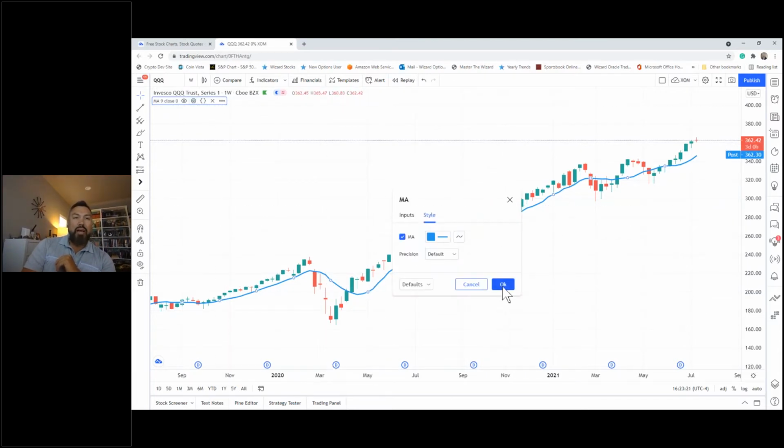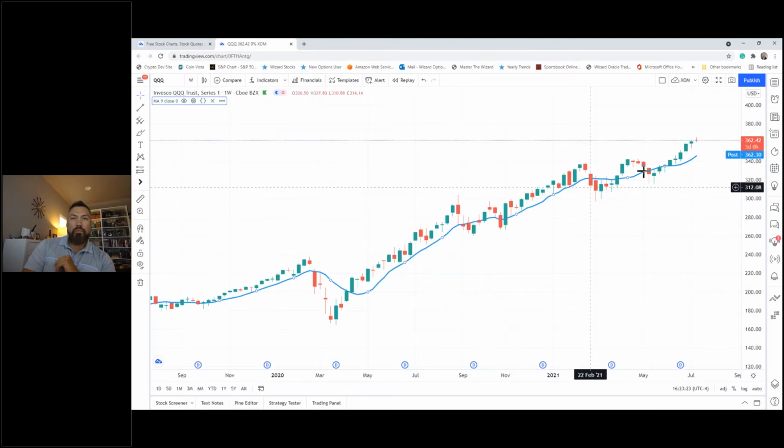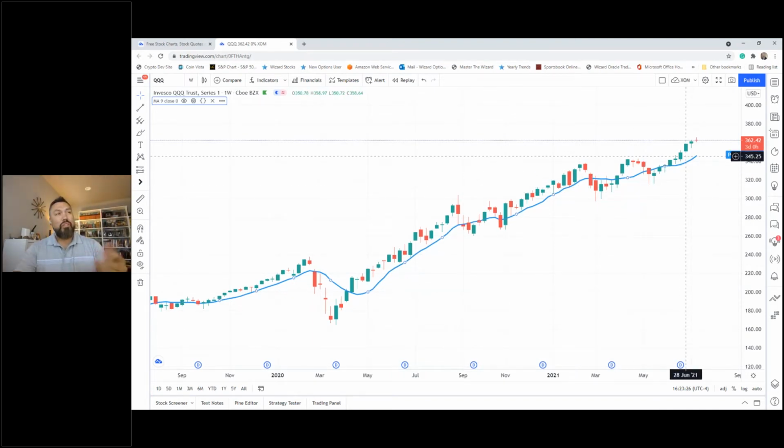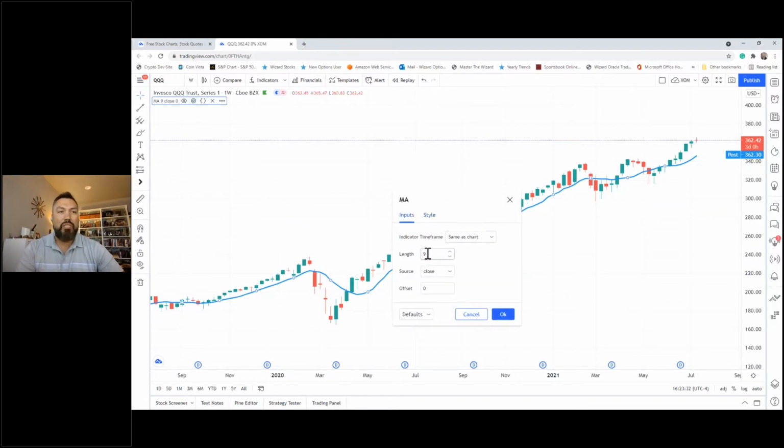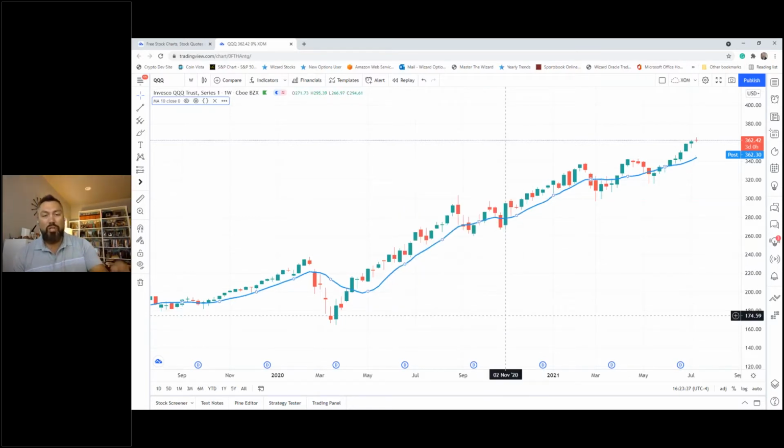So I'm going to change this average. Okay, so right now you can see this blue trend line, and the way it works, it's a math formula. So right now it's set on 9, but I want this set at 10. Okay, so I'm going to come into inputs. I'm going to change this to 10 in the length. So that is telling this indicator to only display a 10 length of bars. So right now I'm on weekly, so this is 10 weeks. We're going to go down to daily in a second, but this is a weekly chart. So every one of those bars you see on the screen is giving us the open, high, low, and close price on the week. Okay, so it's an entire week of trading.